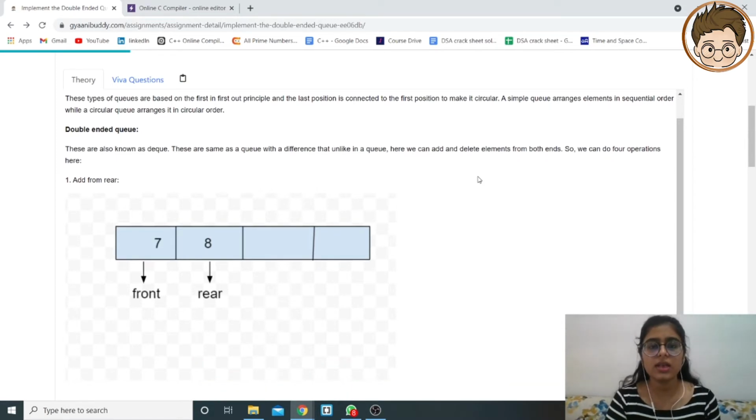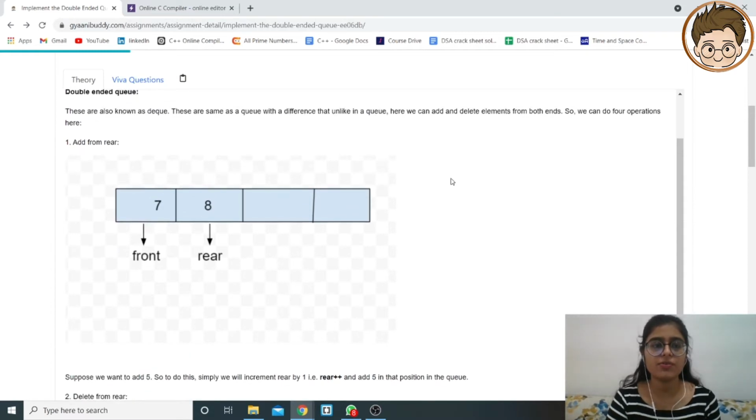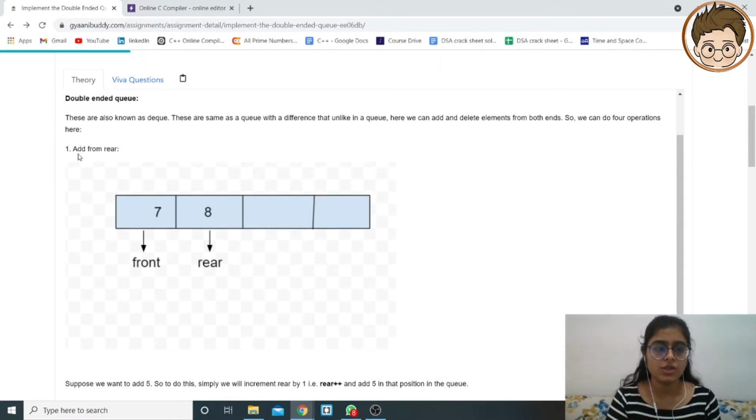So let us understand how these 4 operations are performed in a D queue. The first one is add from rear end. So we need to add an element here from the back side, that means in this position, the third position. As we all know, the first element is always front and the last element is always rear.